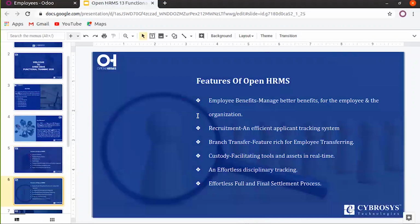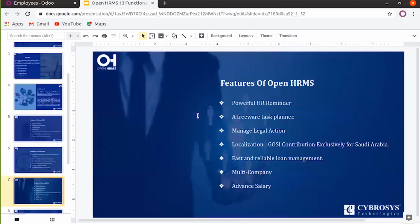Employee benefits, like managing employee benefits such as their TA, DA, etc. Recruitment, where you can track everything in a single window. Then branch transfer, custody management, disciplinary tracking, full and final settlement or gratuity, then HR reminders, task planner, managing legal actions, then localization such as GOSI for Saudi Arabia and gratuity management for UAE, then loan management, multi-company,